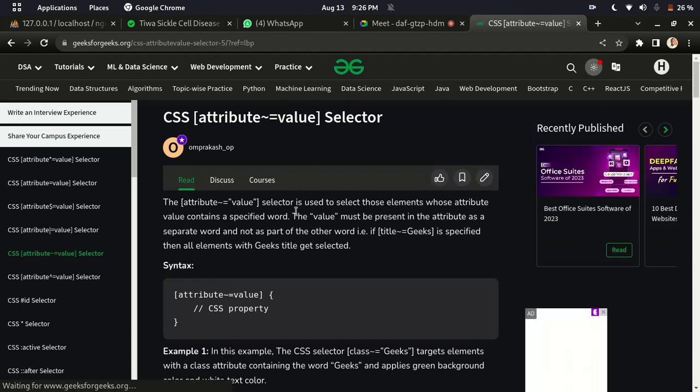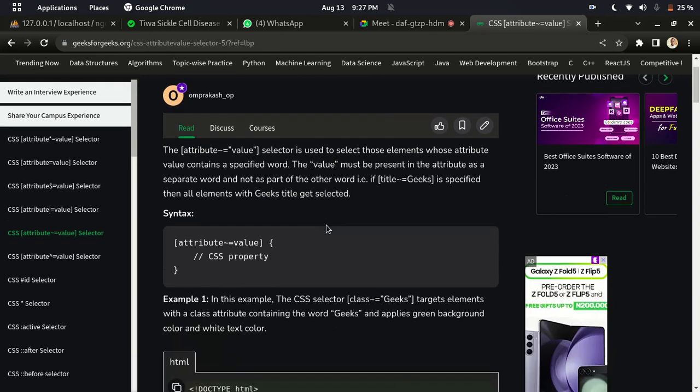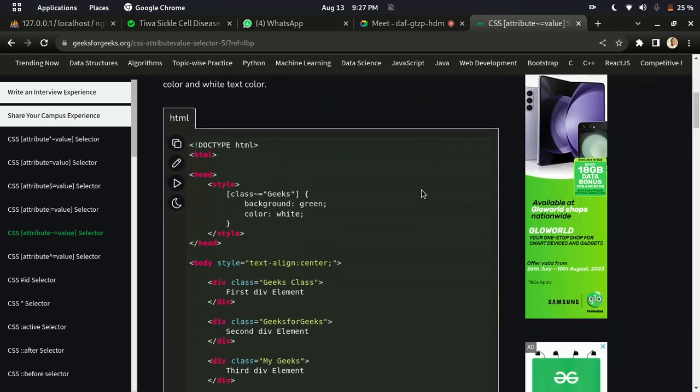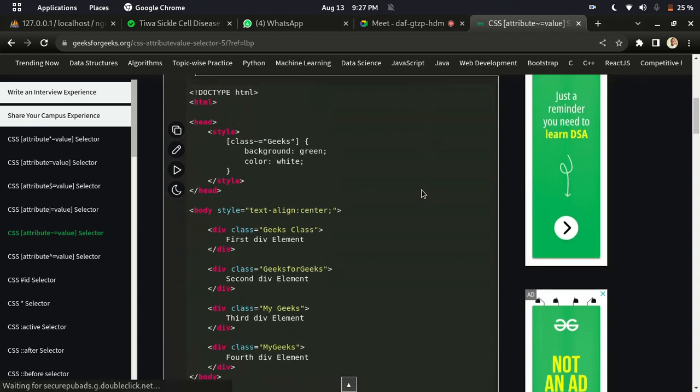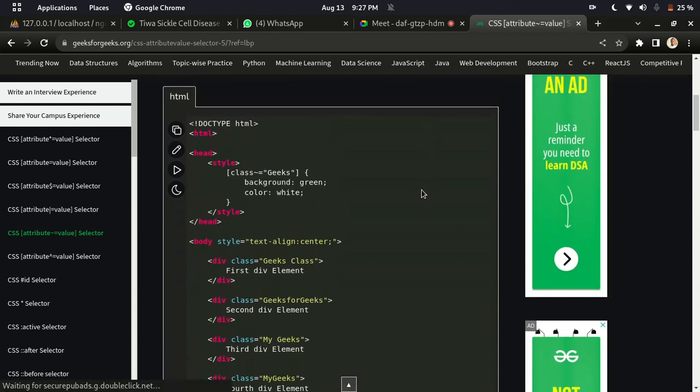So let's check. This selector is used to select those elements whose attribute contains a specific word. The value must be present in the attribute as a separate word, and not as part of other words. Let's check this. What this is trying to tell us is that